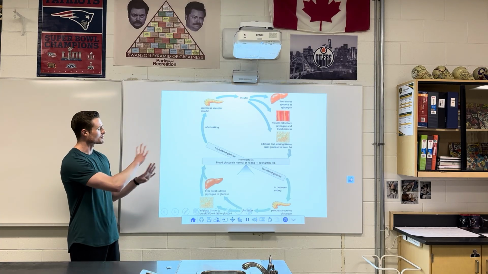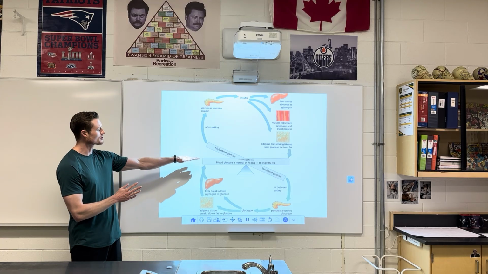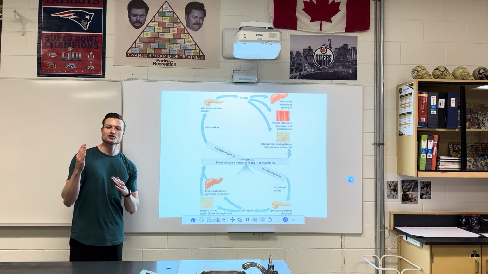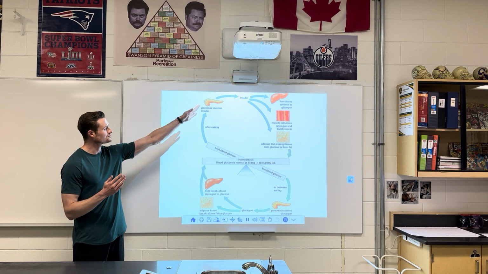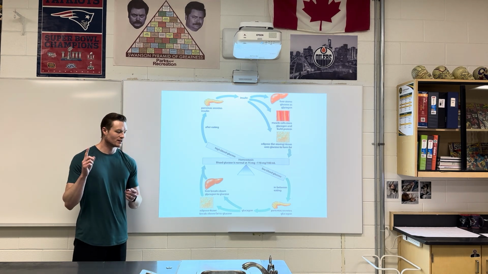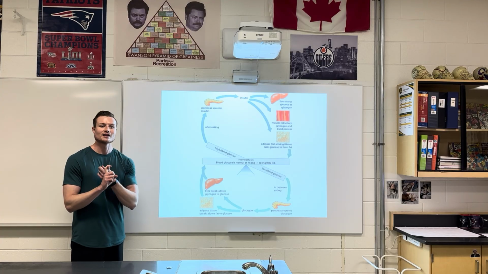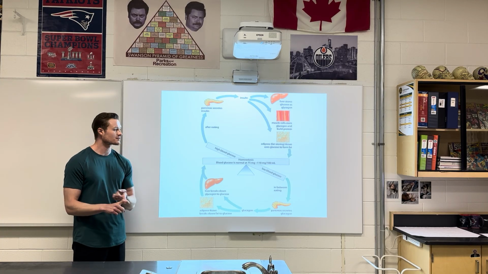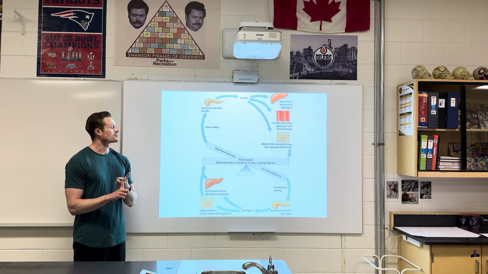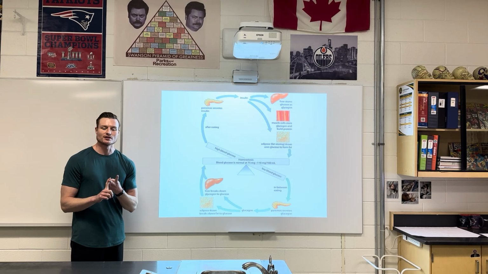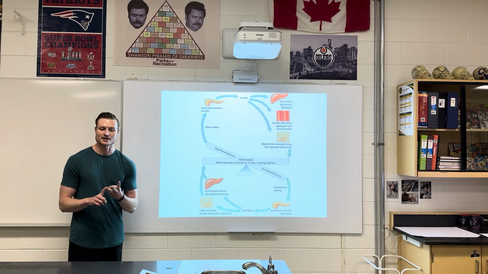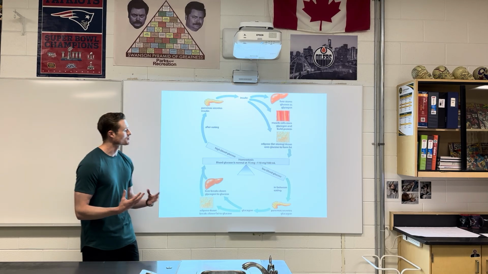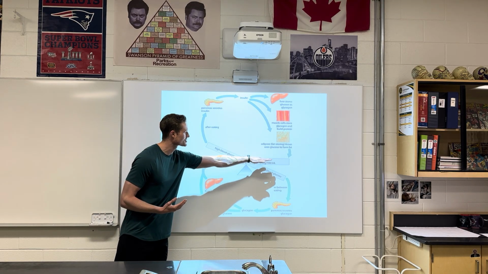This is a nice diagram showing everything kind of put together. So homeostasis in the middle. If blood sugar gets too high, we then have insulin coming from our pancreas. Insulin is going to cause glucose to be taken in by our cells. Insulin is going to cause glucose to be stored as glycogen in our liver and our muscles, and insulin is going to cause glucose to be turned into fat. All of these activities, these processes, should bring us back to homeostasis,